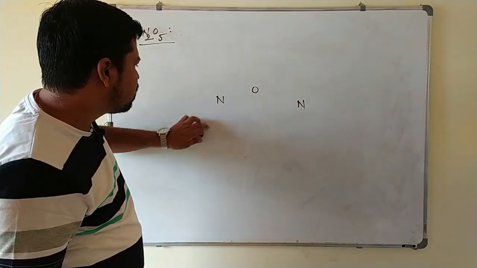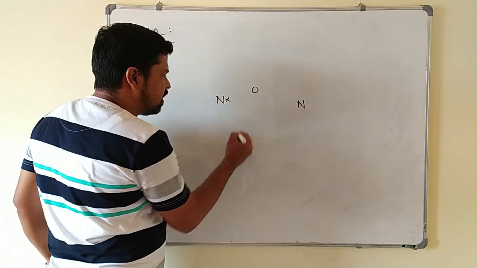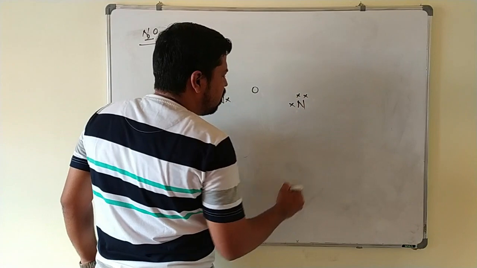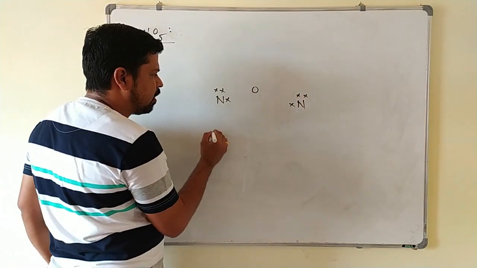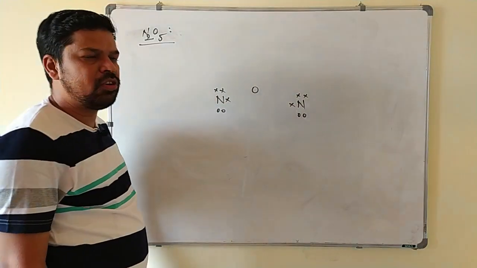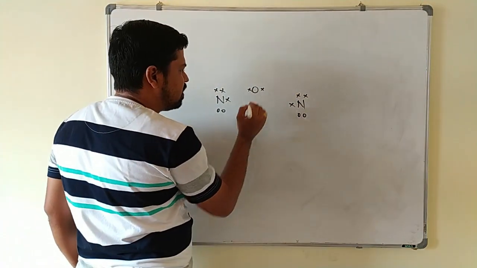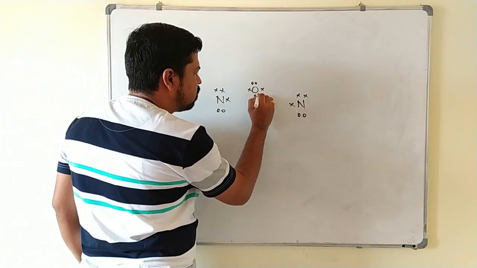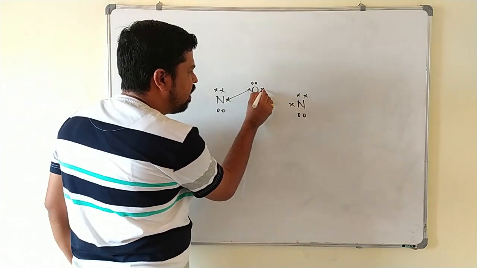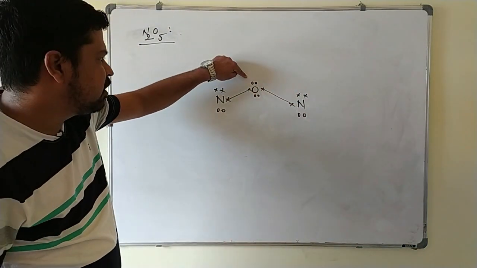You add 2 oxygens to this nitrogen and 2 oxygens to this nitrogen. See here, this is an unpaired electron of nitrogen, and an unpaired electron of the other nitrogen. The remaining 2 unpaired electrons are here, and this is 1 lone pair of electrons on the nitrogen, 1 lone pair on the other nitrogen, and this is an unpaired electron on the oxygen atom and a pair of electrons on the oxygen atom. These two undergo mutual sharing of the electron, and these two undergo mutual sharing of electrons.